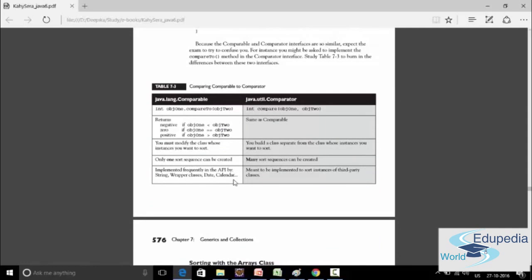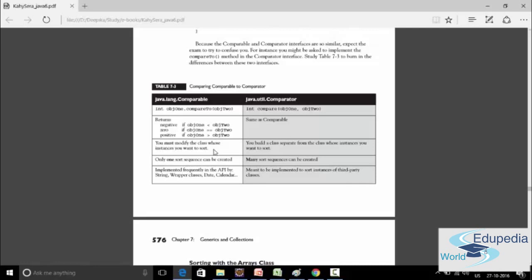Now this is a comparison table between comparable and comparator. You can see in this table that in comparable we have the compareTo method, and in comparator we have the compare method. The compare method takes two objects, whereas compareTo just takes a single object. The output for both is the same.